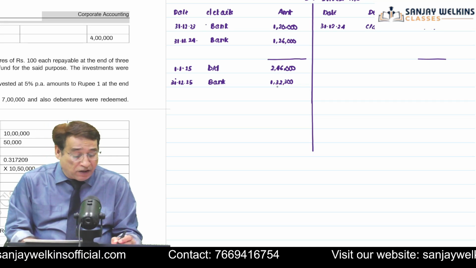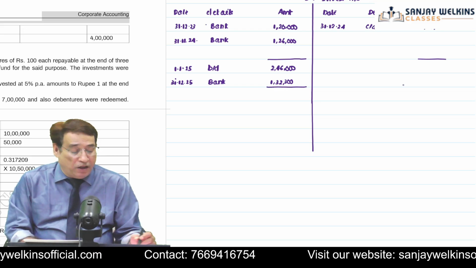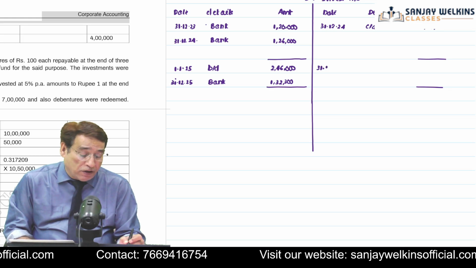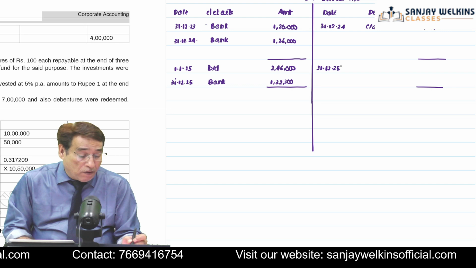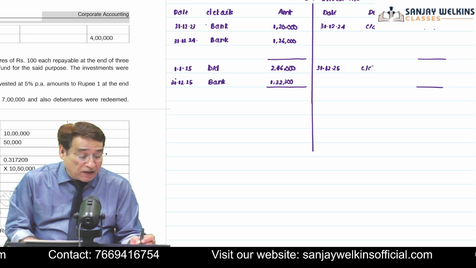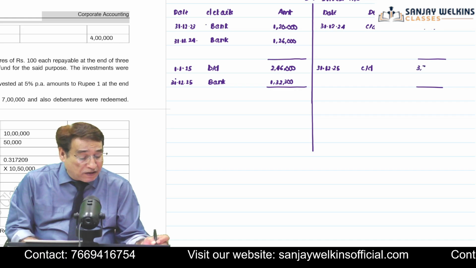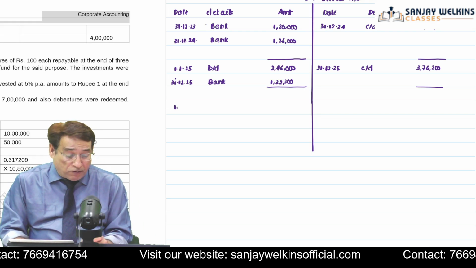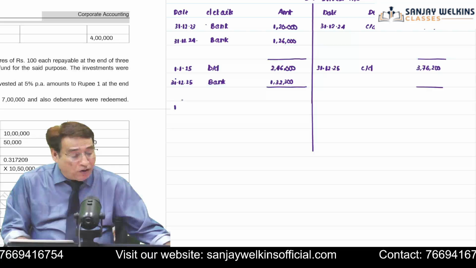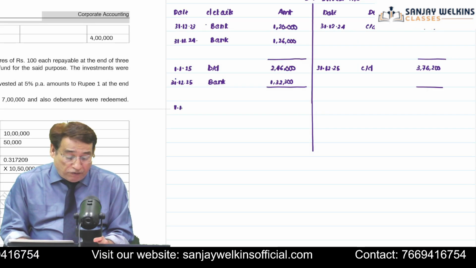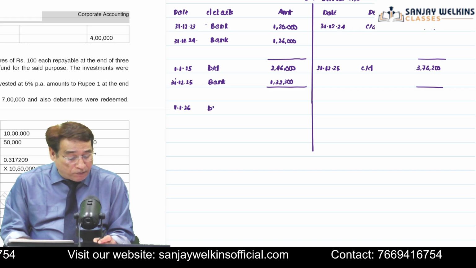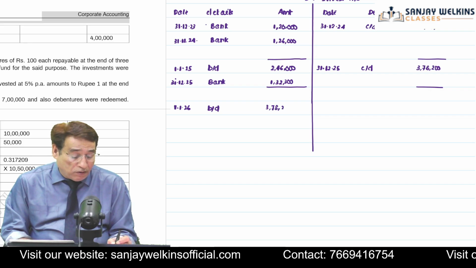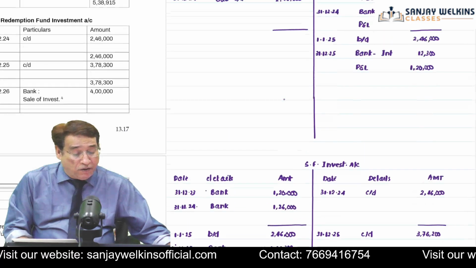So now we must balance it. At the end of the third year, it becomes important to balance the same. Is it clear to you or not? So 31st 12/2025, balance carried down. So our balance carried down in sinking fund is equal to 3,78,200. This is the sinking fund investment account, no? Okay. So now we shall write here 1/1/2026, balance brought down 3,78,200. This is the total balance. Is it clear to you or not?